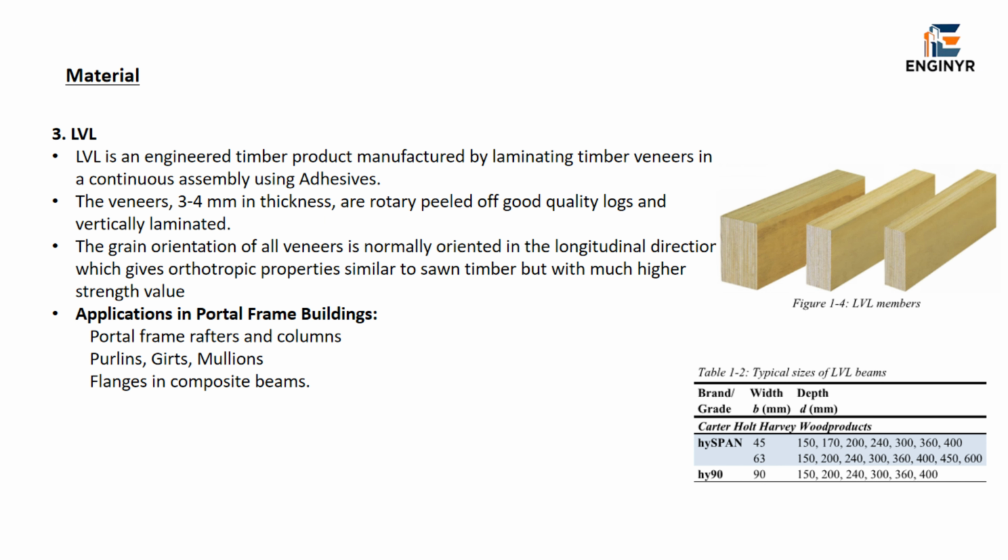The third engineered timber product is LVL, or laminated veneer lumber. It's manufactured by laminating thin timber veneers, around 3 to 4 millimeters thick, that are rotary peeled from good quality logs and vertically laminated using adhesives. The grain of all veneers runs in the same longitudinal direction, giving LVL properties similar to sawn timber, but with significantly higher strength. In portal frame buildings, LVL is commonly used for rafters, columns, purlins, girts, mullions, and flanges in